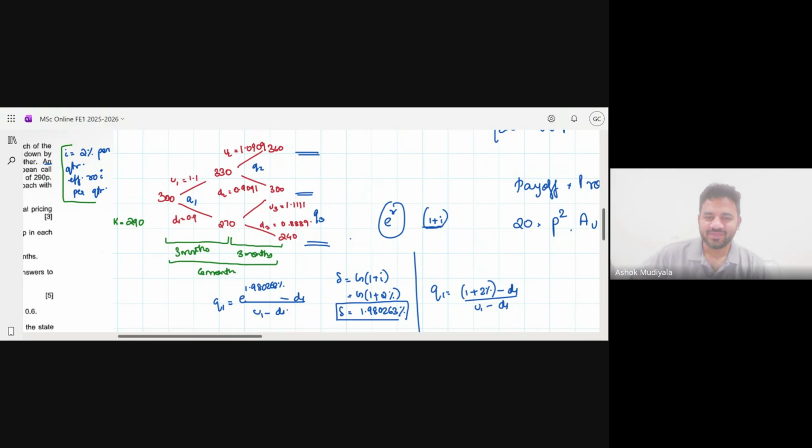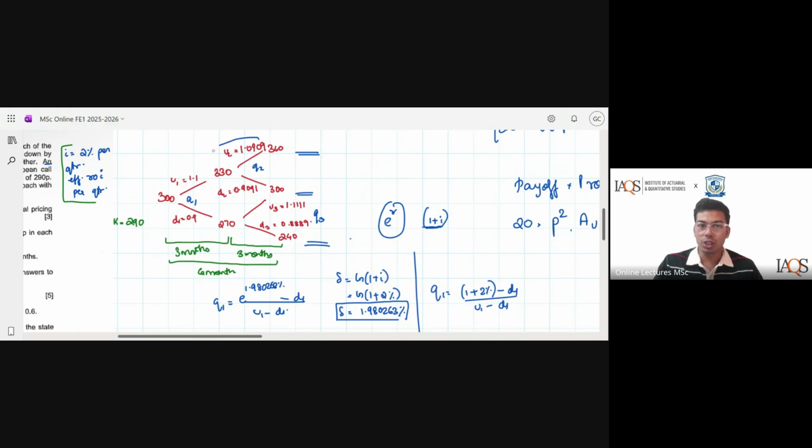Take it. The values of U1 and D1 are 1.1 and 0.9. The values of U2 and D2 are 1.0909 and 0.9091. 1.1 is not equal to 1.0909 because we can't do an approximation over here. I know the values of U and D are not constant throughout my binomial model. Hence, it won't be a recombining model. I'll have to treat it as a non-recombining model,